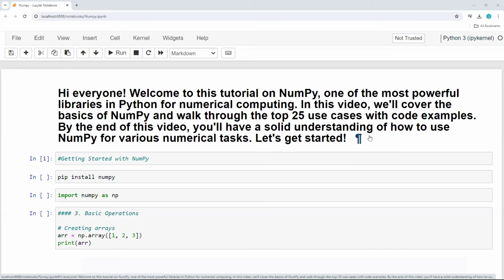So basically NumPy is one of the powerful Python libraries where you can do mathematical operations, especially on arrays. If you are working on any kind of arrays, one-dimensional, two-dimensional, or multi-dimensional, you need to learn some basics. Welcome to this tutorial on NumPy, one of the most powerful libraries in Python for numerical computing. In this video, I just wanted to cover the basics of NumPy, and also I'll walk through